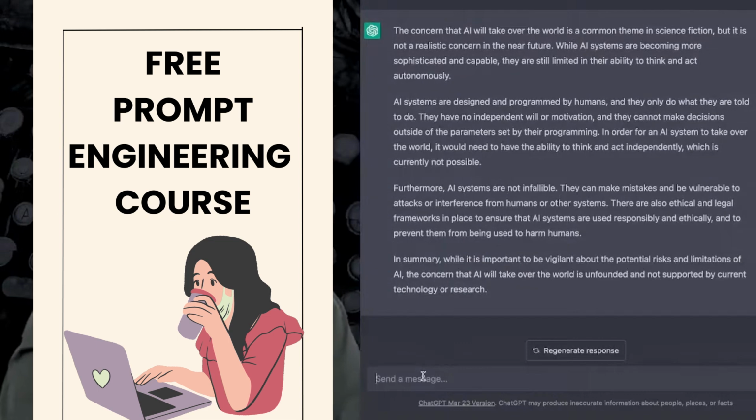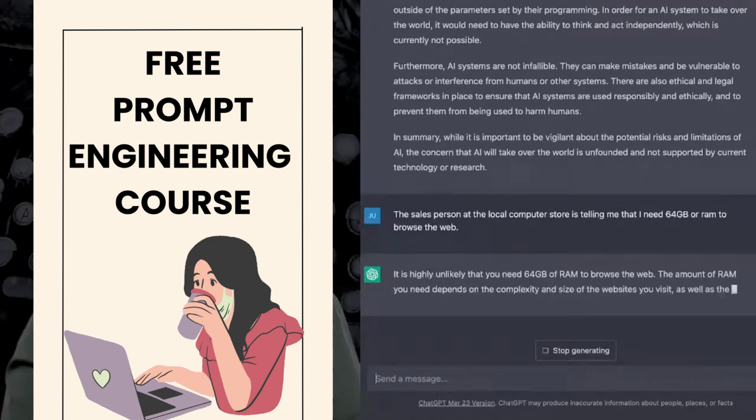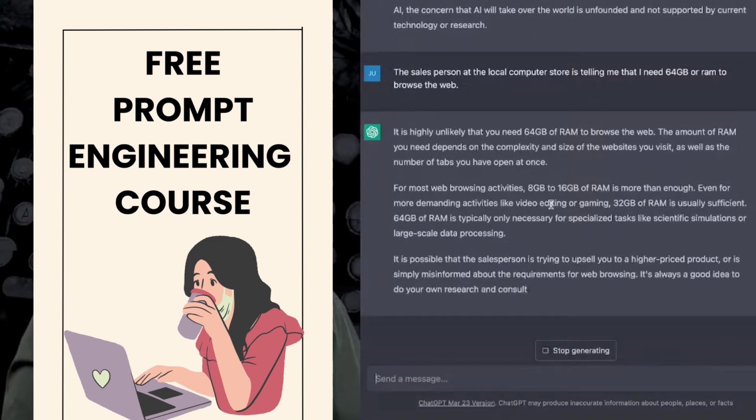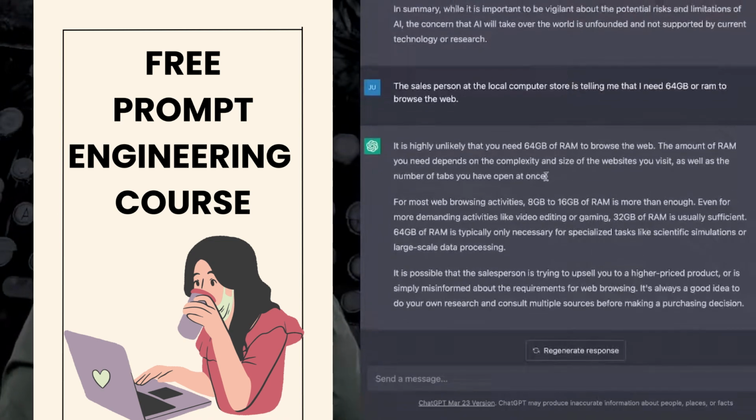If I went in and said, the salesperson at the local computer store is telling me that I need 64 gigabytes of RAM to browse the web. And they say skeptically, it is highly unlikely that you need 64 gigabytes of RAM to browse the web. The amount of RAM you need depends on the complexity and size of the websites you visit, as well as the number of tabs you have open at once for most web browsing activities, and it goes on to tell